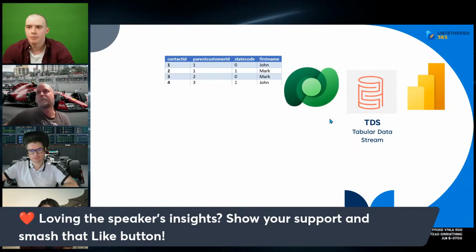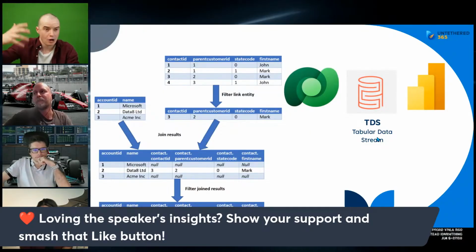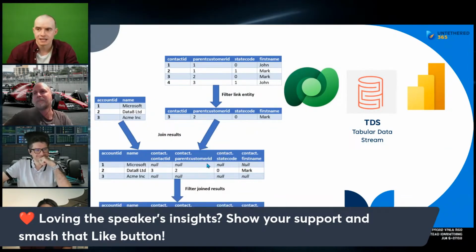I love it. The problem is when you start getting in this situation where you have a lot of joins to a lot of different tables, that really slows it down, and it makes your Power BI report have to wait a long time to get all this, and then you're just kind of swimming in all this data. So when you do have all of these nested relationships, to get around that, you're going to have to either flatten your data, which means take some of these tables and shove them into one,